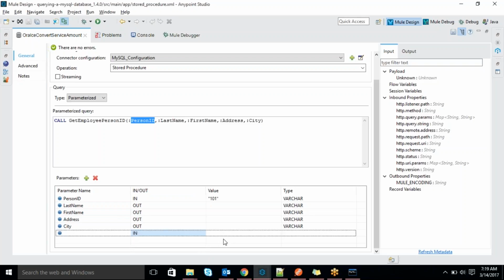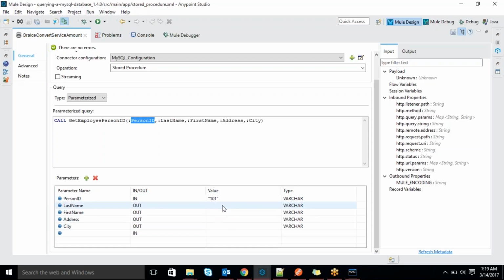So next one is value. Value is a dynamic value, so it will support the Mule expression language. From the payload we can take it, from the expression we can take it, from the variables we can take it. If we store the variable, we already discussed variables, right, then we can get the value from the variable. That is flowVars followed by that particular variable name, we'll get it. Similarly session, similarly expression, from the expression you can take it, or else from the payload also. So this is dynamic, this is the value, whatever value you are going to send.